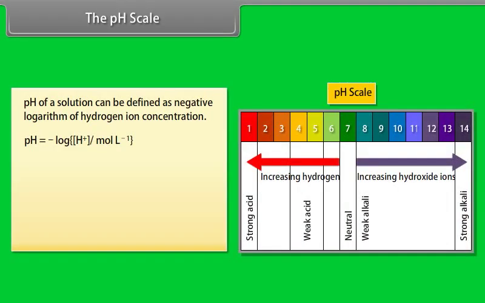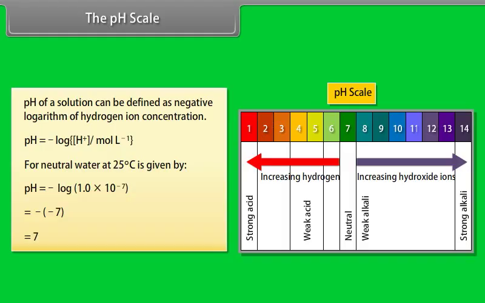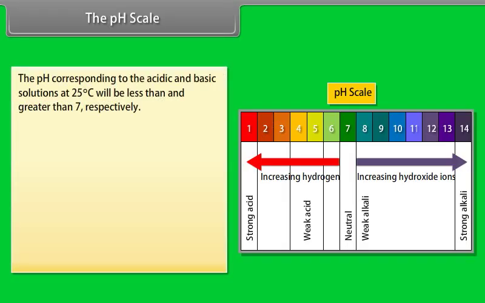The pH scale. The pH of a solution can be defined as the negative logarithm of hydrogen ion concentration. For neutral water at 25 degrees Celsius, pH is equal to minus log of 1.0 × 10^-7, which is equal to 7. The pH corresponding to acidic and basic solutions at 25 degrees Celsius will be less than and